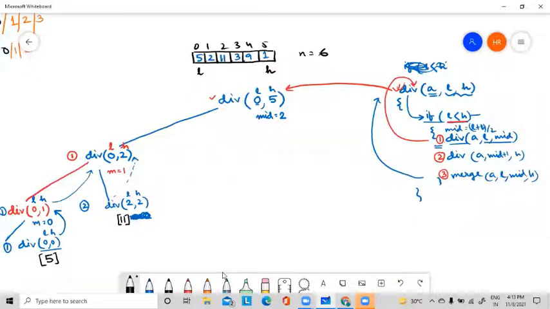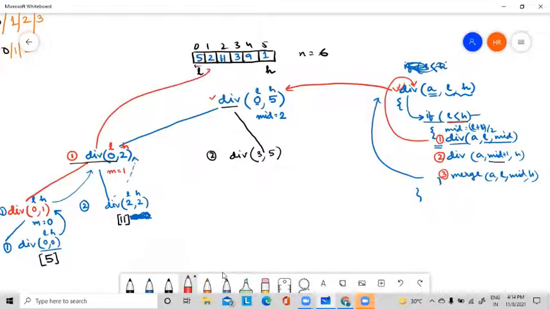division, similarly for this particular division, this is the first division called, the next division will be like this, div is the second division. Second division is from mid plus 1 to h. So what is mid? Mid is 2, mid plus 1 is 3 to h means 5. It means this is 0 to 2. So one sub array, for this the sub array is from there to there. For this the sub array is from there to there. See, 3 to 5. Again this one will call the division function.